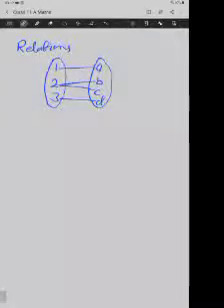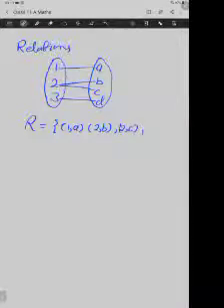So this will be the condition for the mapping. If I'm writing this relation, then this relation will be 1A, 2B, 2C, and 3D. This is the relation. So I think we are able to understand the relation over here.